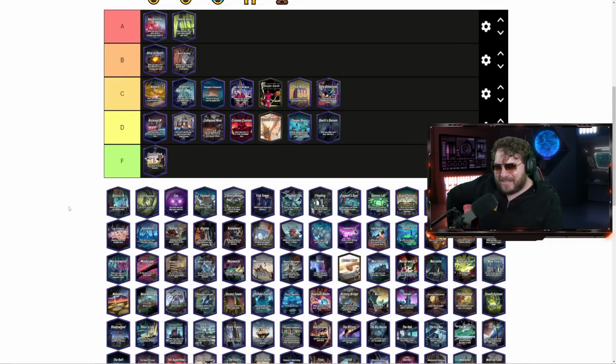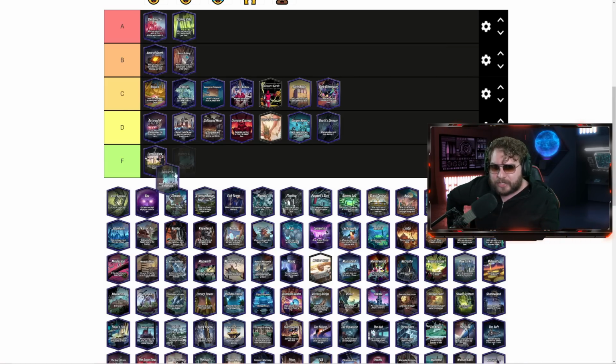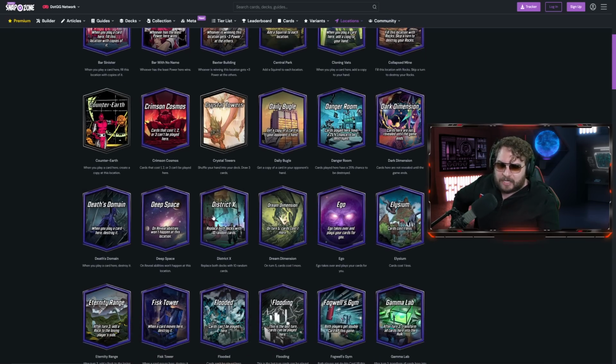I don't know if I'm negative. It's just there's certain zones, like I'm keeping A and B tiers for the zones I get really excited about. Unlike District X, that's F tier. The thing I hate about District X and other type of things out there is when I'm playing a card